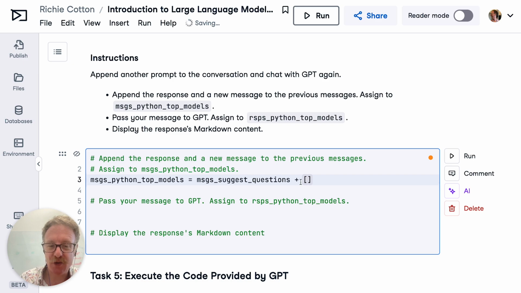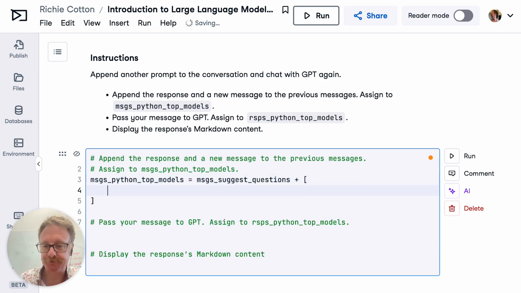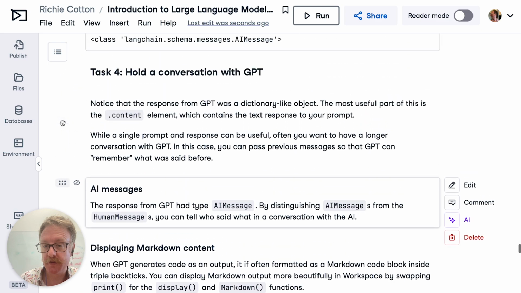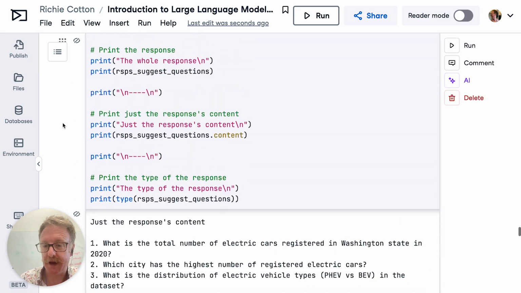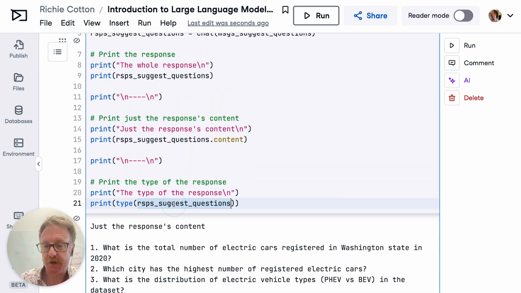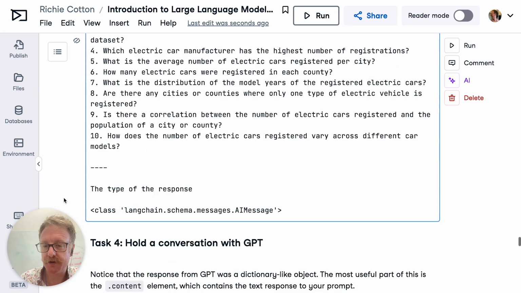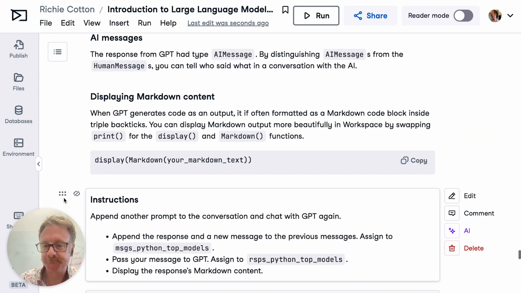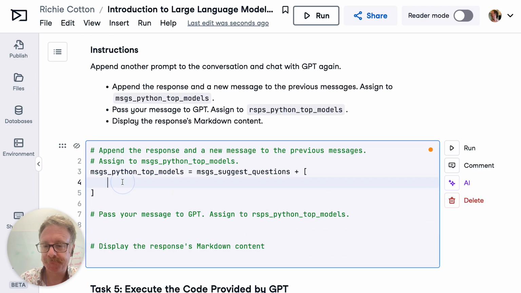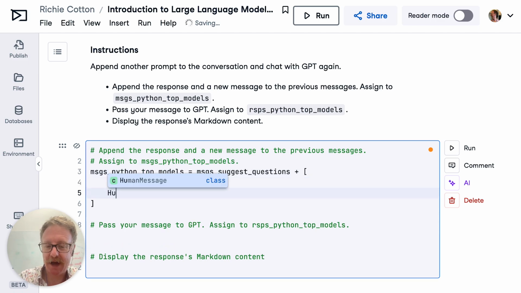So we're going to have a new list, so we're using square brackets here. The next thing we need to add in is the previous response. So I'll scroll back again, and we called it responses suggest questions. I'm going to put a comma, and then finally we need to add in our next prompt, our next human message. So again, we use the content argument,